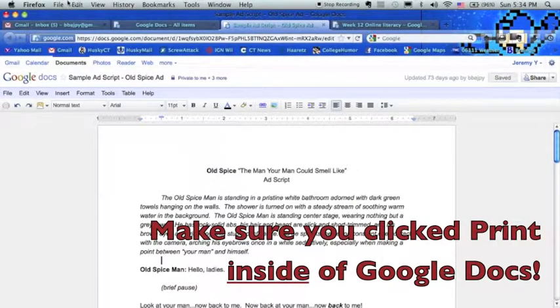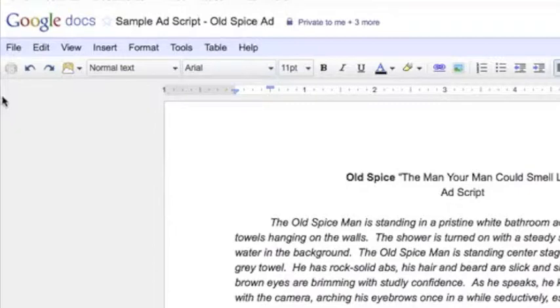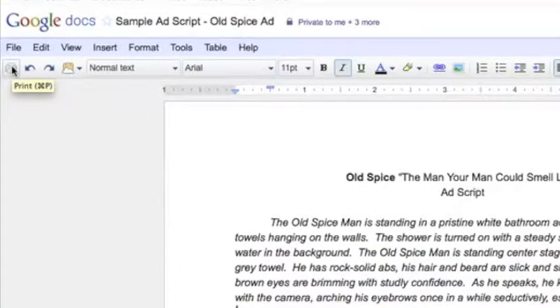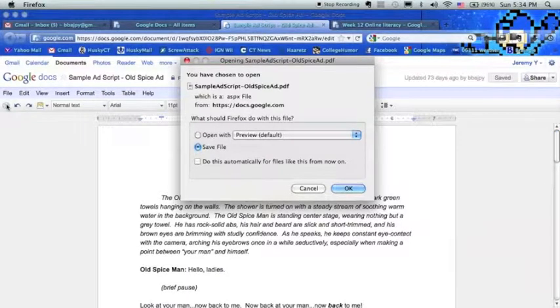If I were to do that in my browser, the only thing that will print will be the window that I see before me. It'll cut everything off right here and nothing more. So once again, I'll need to click File to Print in my menu bar, or simply click the print icon within Google Docs. And what will happen is my browser will prompt me to use whatever program on my computer